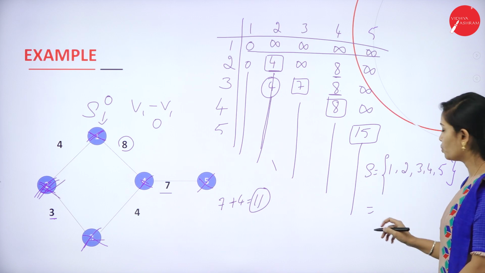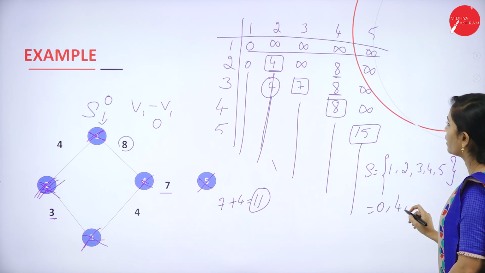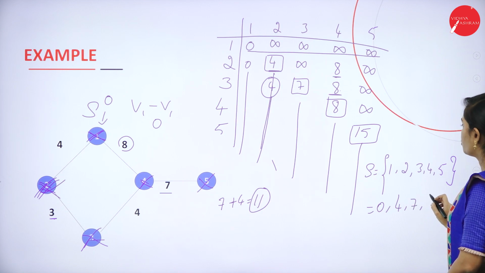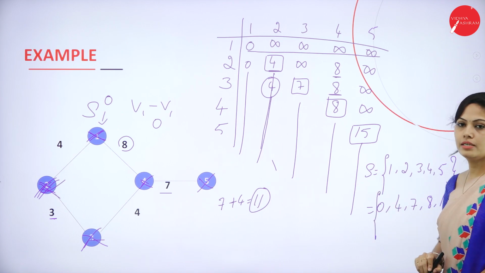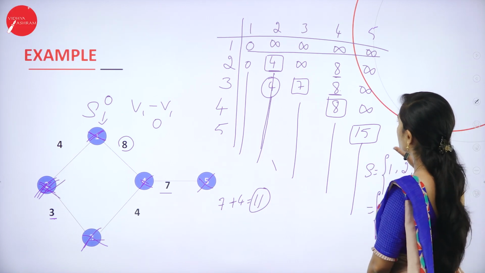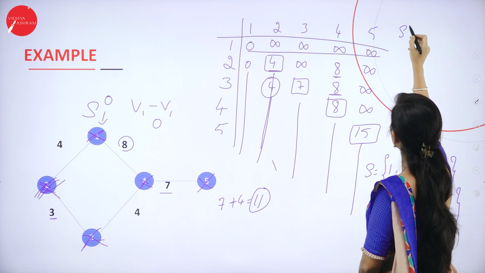Traveling from 1 to 1 it is 0. 1 to 2 is 4. 1 to 3, 7. 1 to 4, 8. 1 to 5 it is 15. Clear? So now I will find out the shortest path and shortest distance. So shortest distance,